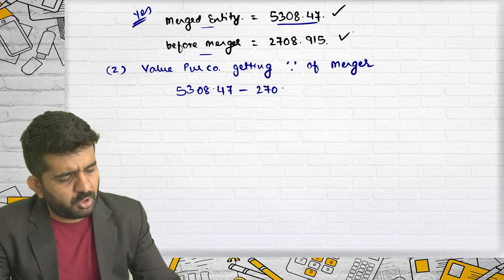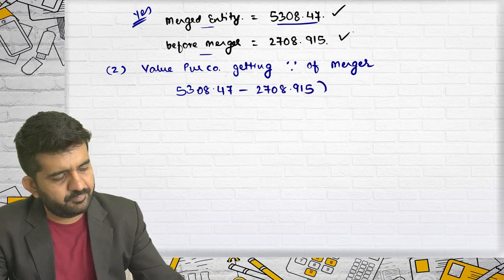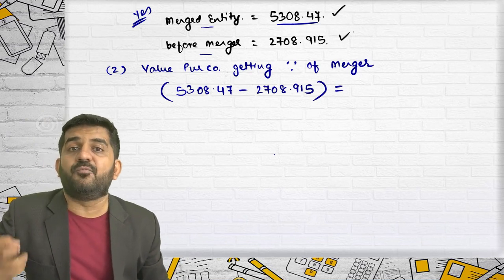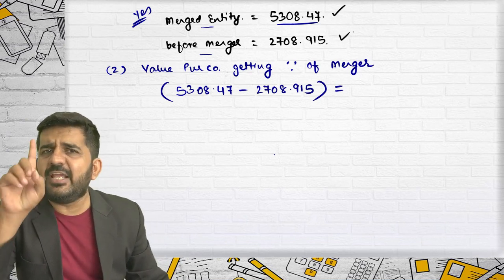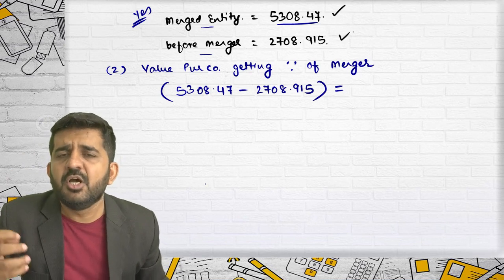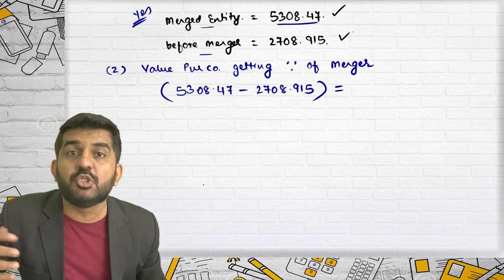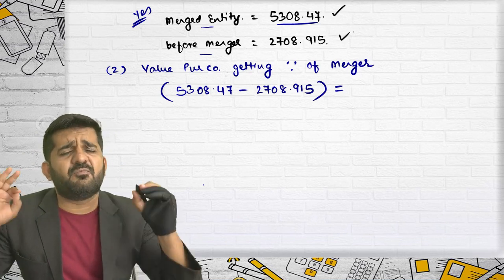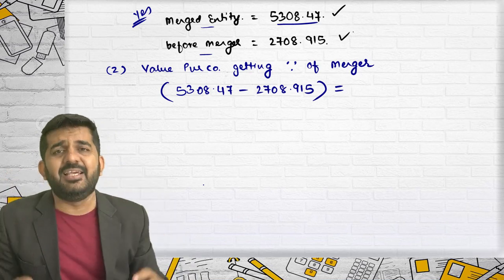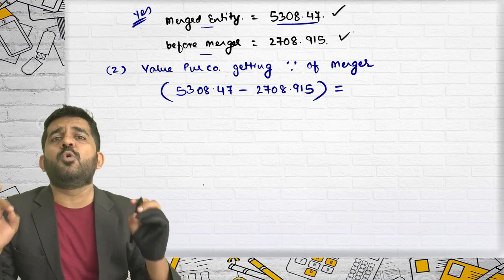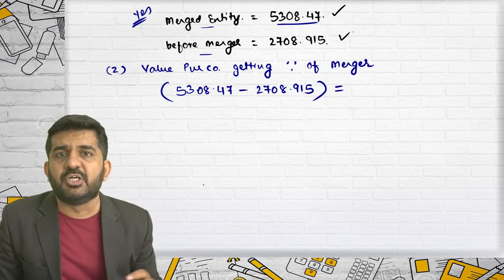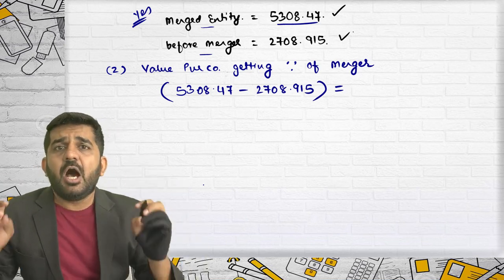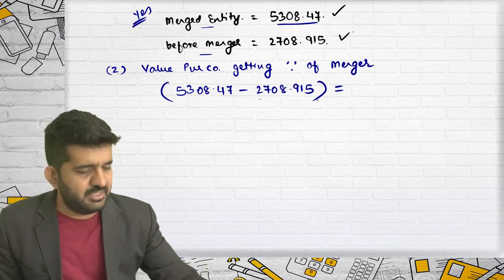Before merger, what was the value? And this will be the value of merger. Not exactly profit because of merger, because this profit should be given to the selling company's shareholders. But if someone asked me nominally what is the value addition because of merger, the number of shareholders is also increasing. How much value is added is this?